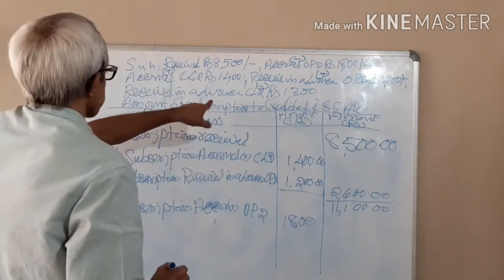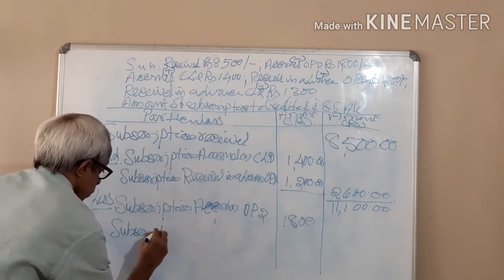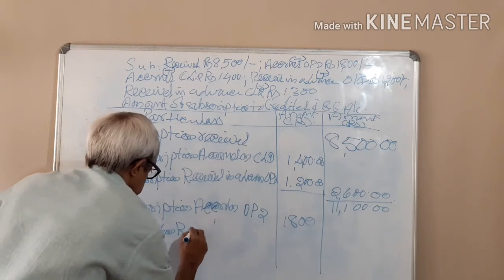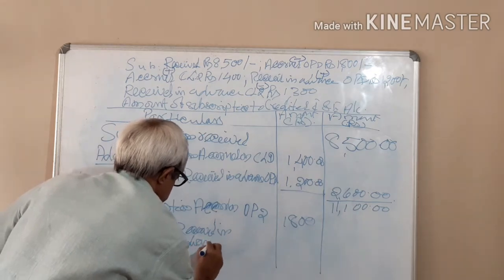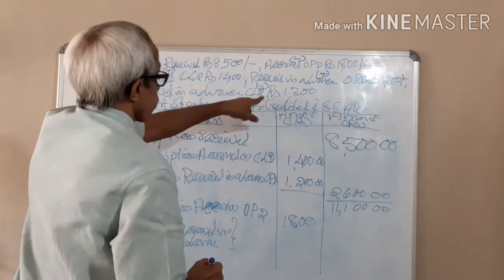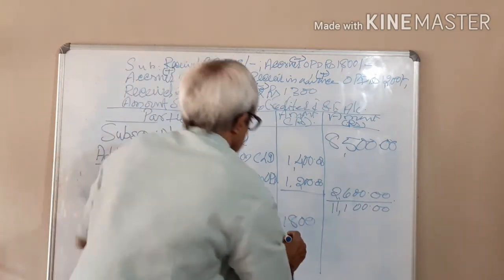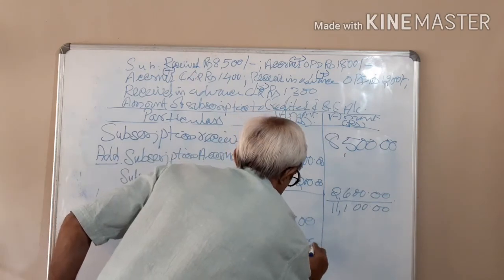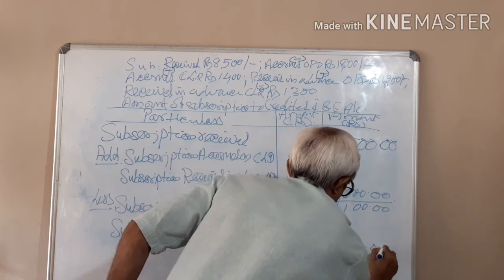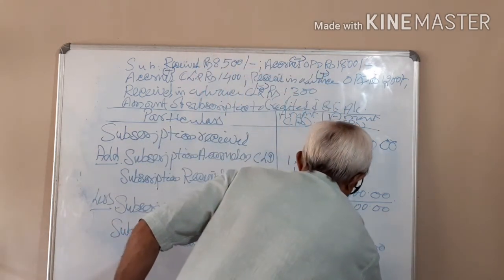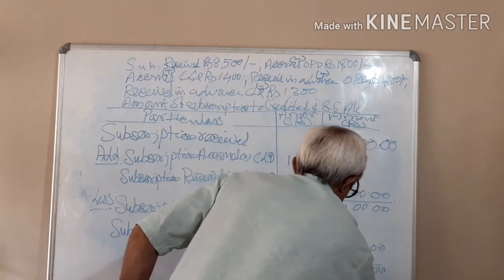Then the last one is subscription received in advance on closing date. That is 1,300. It is 3,100. This 8,000 is the amount of subscription